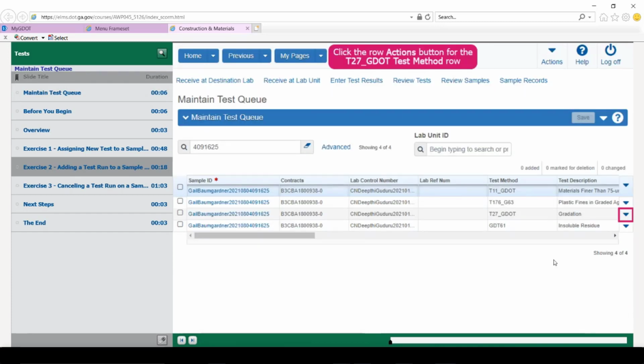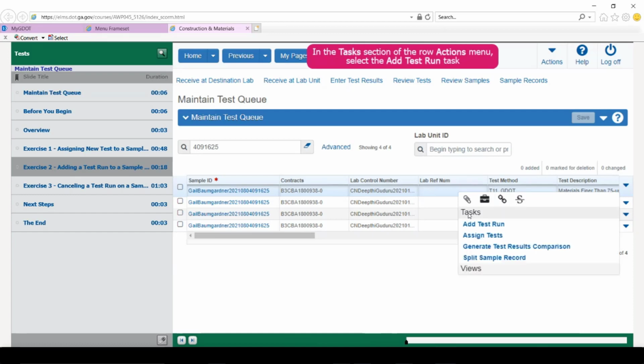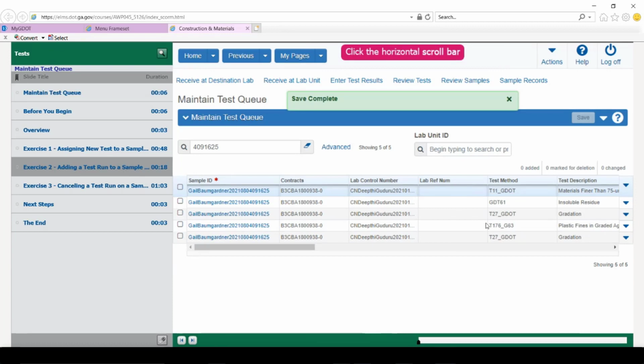First, we're going to go to the Actions menu for the specific test method that you see here in the test method column, T27_G. So we'll go to the Actions menu, and we're going to go to Task, and for the task, we're going to add a test run, and that's all you have to do. It automatically saves it.